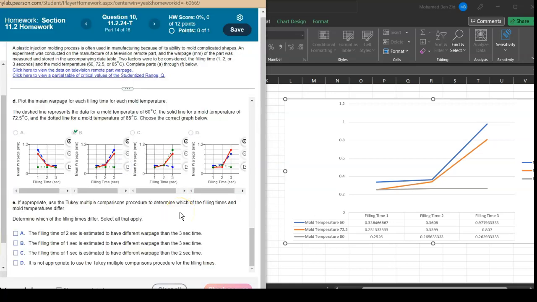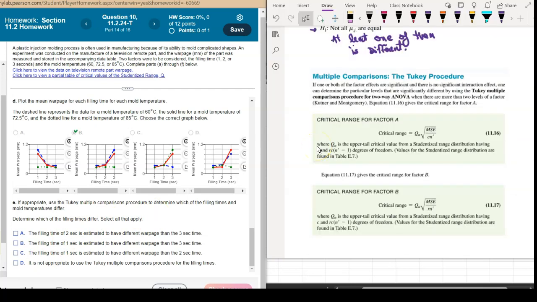Okay, so here it is asking whether you're gonna use the Tukey multiple comparison or not. All right, so there is a condition here whether you apply it or not. So let me explain it in a moment. Okay, for the multiple comparison, all right, the Tukey process, there is a condition, in fact. All right, so the condition here